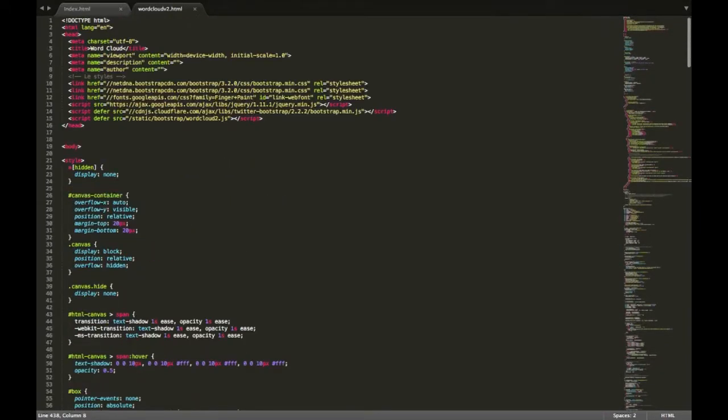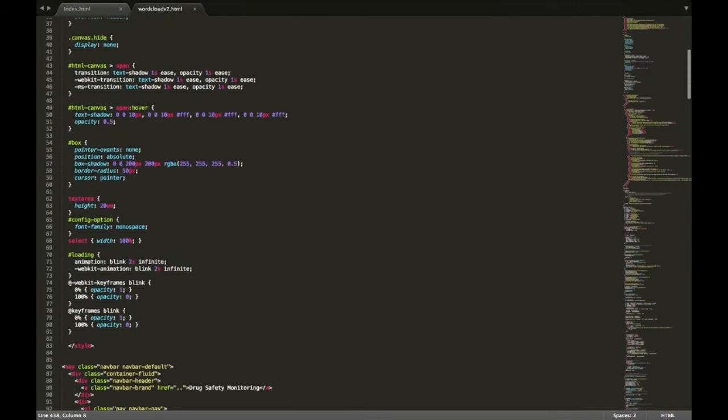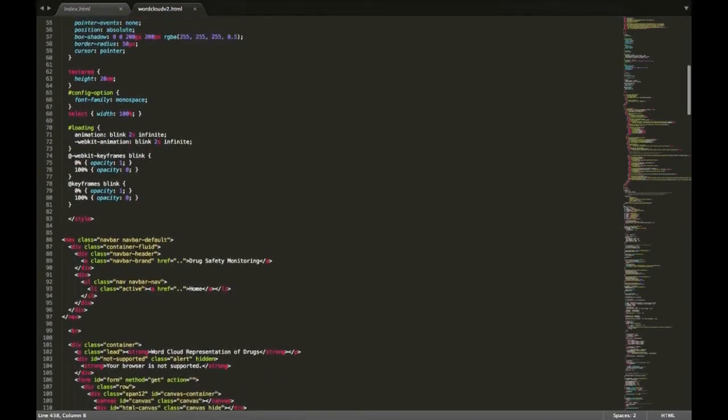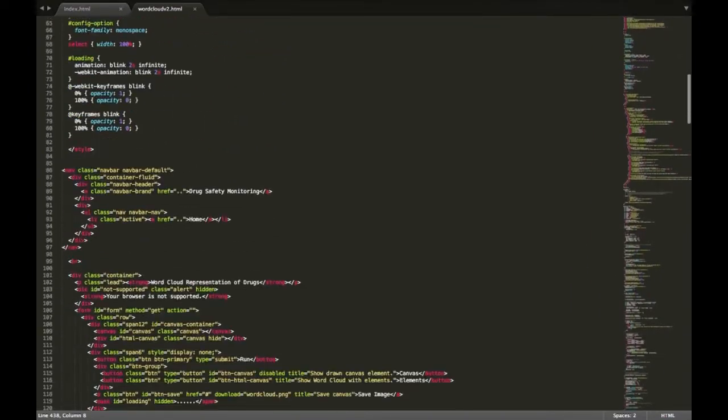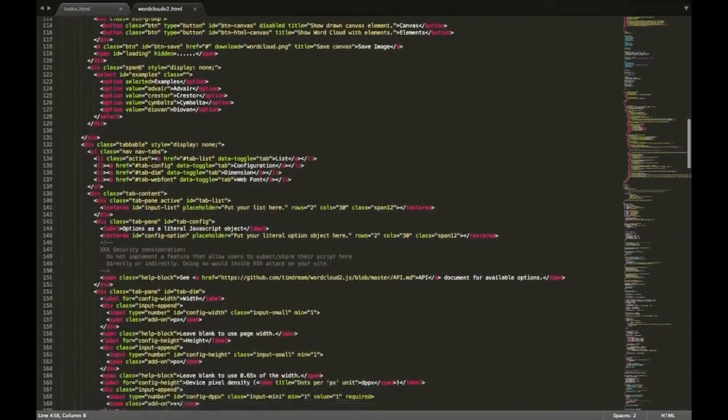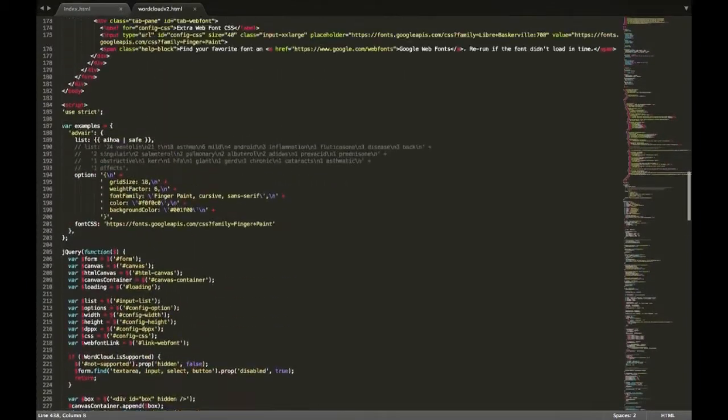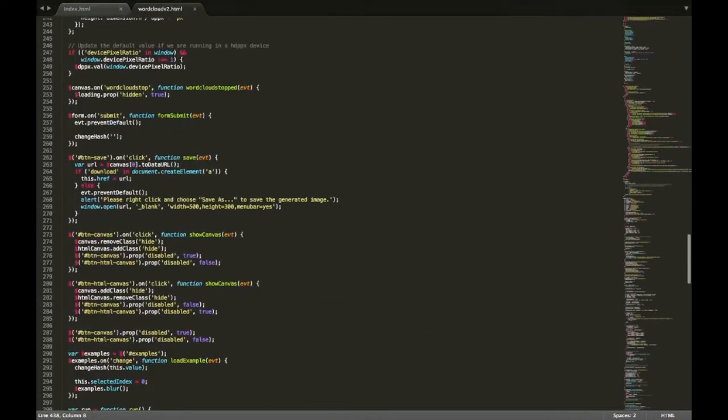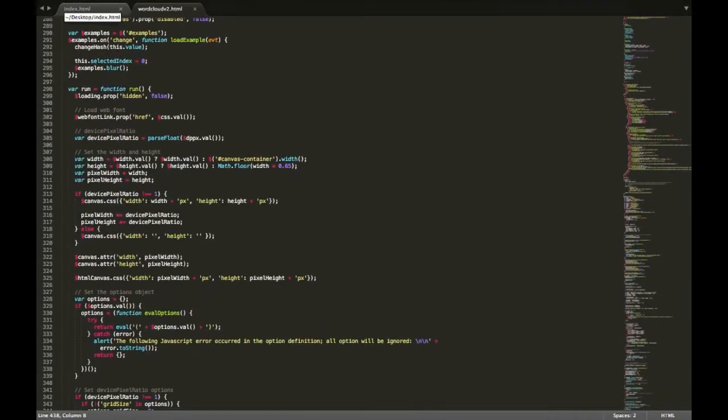We have links to our style sheets, our CSS to make our site look nice, and all of this is our HTML followed by the JavaScript. So